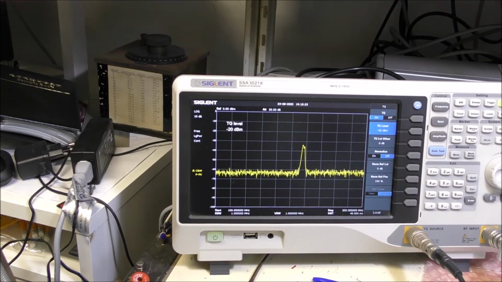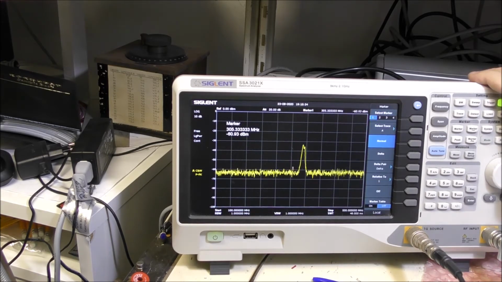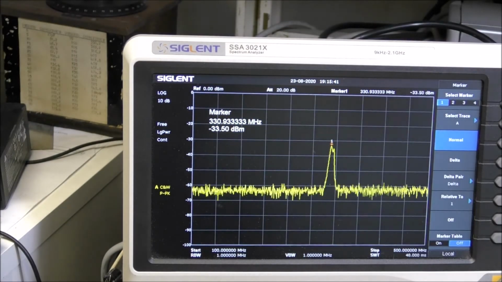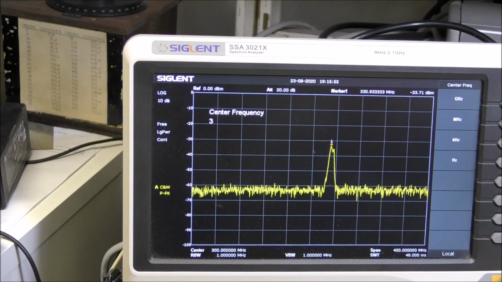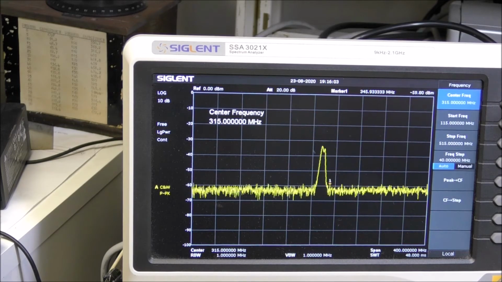Okay. So we can see that effectively this is the bandpass filter. Okay, so the maximum is around 330 MHz, so this is what is expected. I will set the center frequency to 315 normally megahertz.